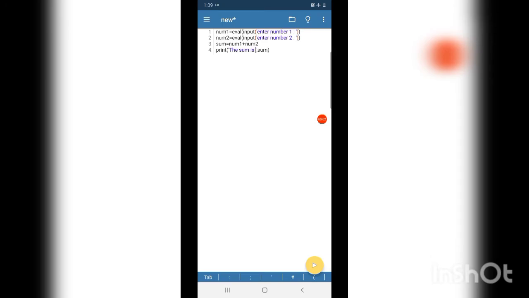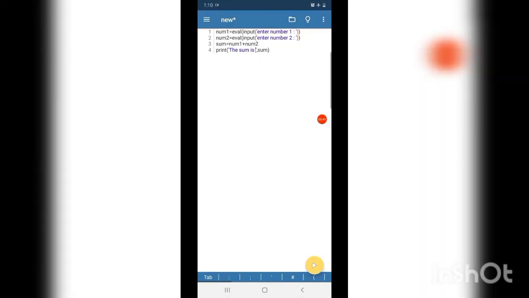So what the interpreter will do is collect the value of that variable and print it there. If we run this program, 'the sum is' will be printed as it is. Then the calculated value stored in the variable sum will be placed in the place of that variable.